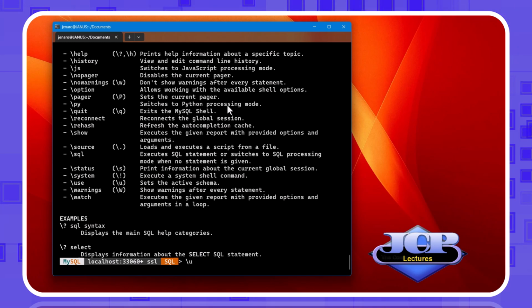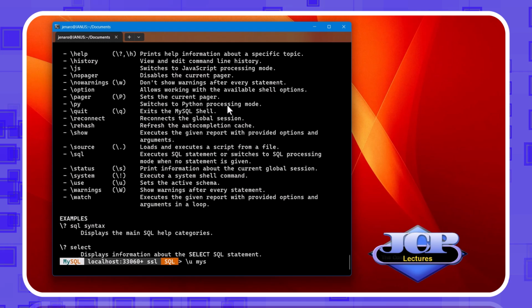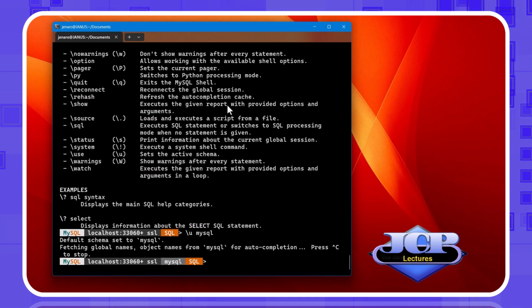Another thing is that because no schema was selected, we can do it with \u. Let us see the help again. Because we do not have available schemas, in this example I will use mysql. The command \u mysql will do it.